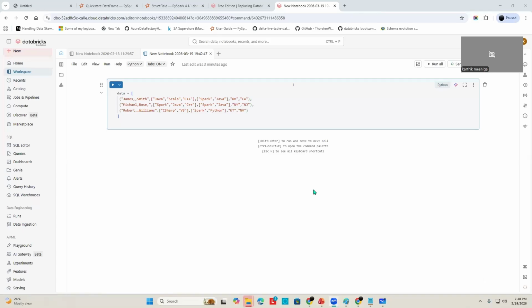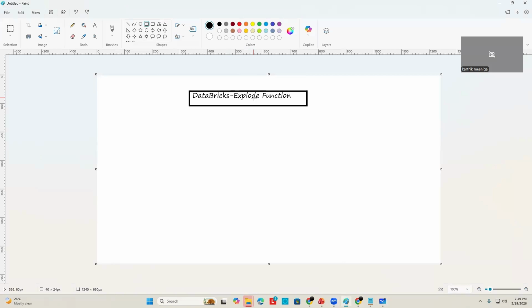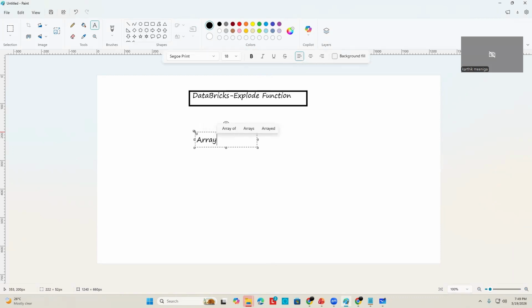Hello, hi all. Today I'm going to explain about the function called explode. So in Databricks, this is one of the important functions, explode. Usually explode will deal with array type data. So if you have data with an array, for example, the data will be in the format of